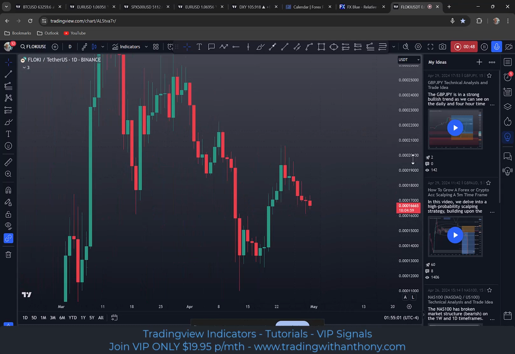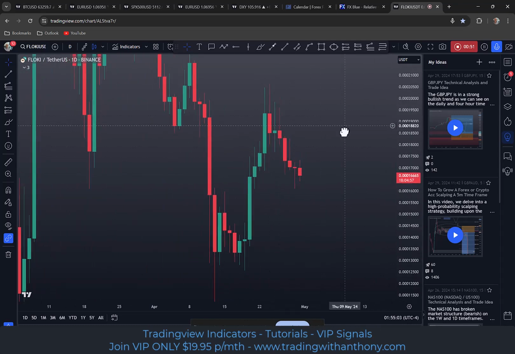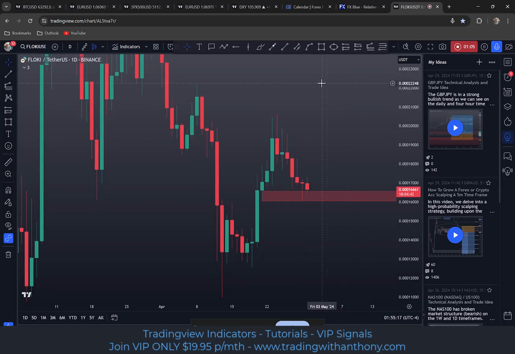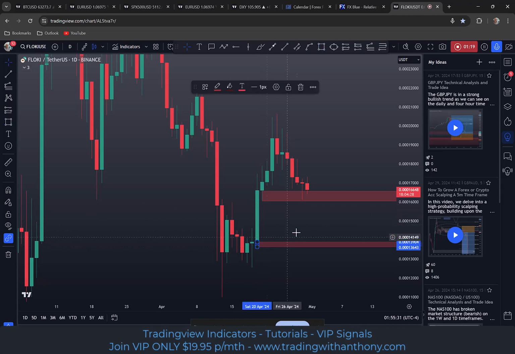Now, if we get a bit closer to this here, my next target, well, it's actually reached into it, are these lows here. Okay, so it's dipped into it, it's pulled back a little bit. And look, if this continues the trend, then this thin candle here, this bullish imbalance, would be the next target to trade through, and I'd be looking at the lows under this green candle here as another